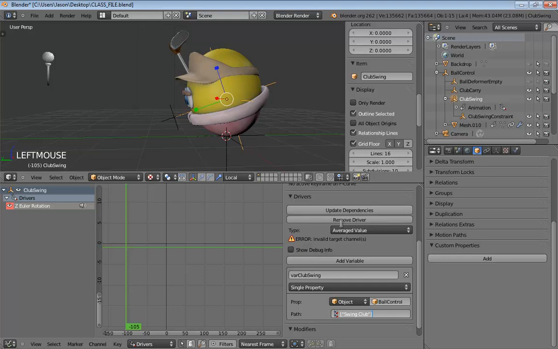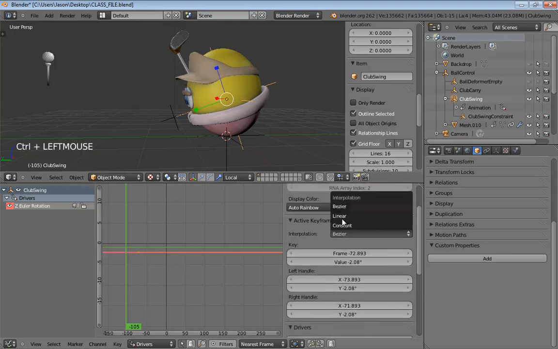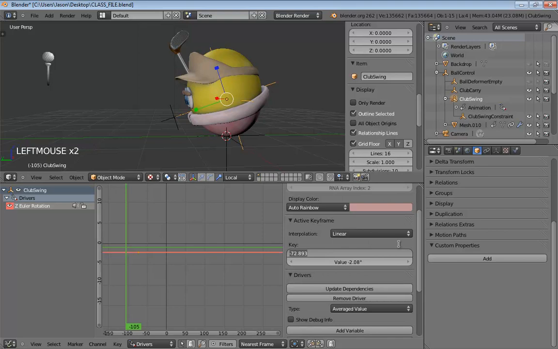Now, in this case, I've already got some numbers set up, so we'll be animating this going between negative 240 and positive 240, which makes things pretty easy to do. We can just hold down Control and click somewhere in space to add in a keyframe. Let's go ahead and set its interpolation over to linear. Frame negative 100.